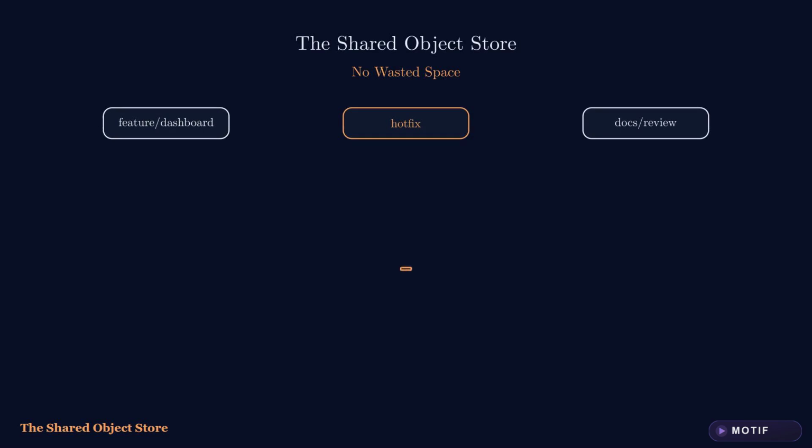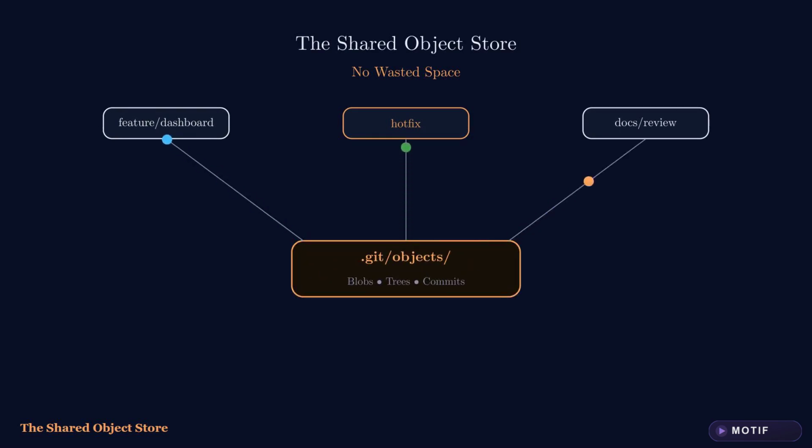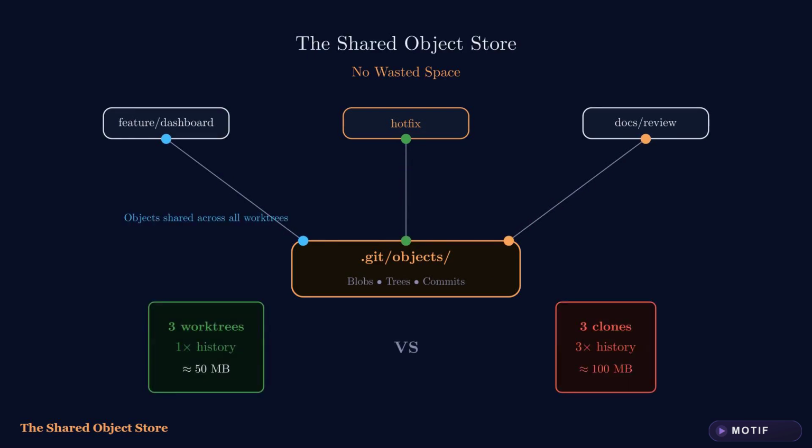Here's where worktrees genuinely beat the naive alternative, just cloning the repo 3 times. Every clone duplicates your full Git history. A repository with 10 gigabytes of history becomes 30 if you clone it 3 times. Worktrees share every single Git object. Only the working files differ. 3 worktrees on a large monorepo might cost you a few megabytes of extra disk space compared to gigabytes for